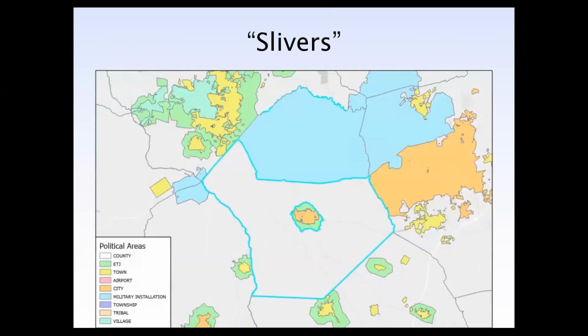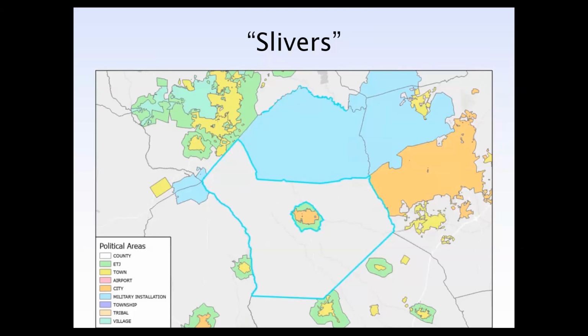I also ran into these areas that some people might call slivers. These are areas that are technically part of a polygon, but they're greatly separated from the bulk of the polygon. This is an example in Hope County. You can see that I've selected the Hope County polygon, or areas that are only meant to be within the Hope County boundary. That includes the large area in the southern half of the county, but also you can see in bright blue the areas that are highlighted along the northern boundary.